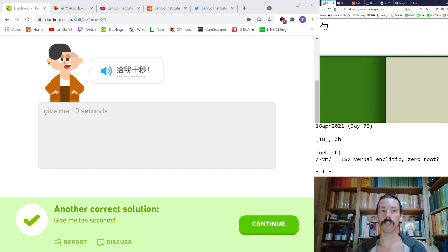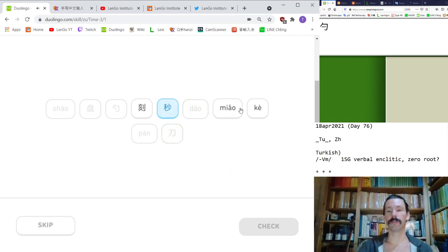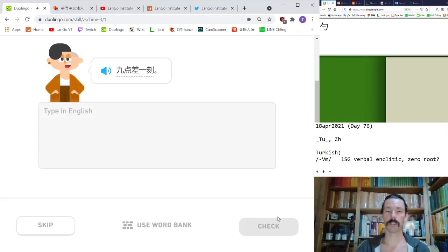Shao. So here it writes it as a straight line with an M stroke. It's just a variant shape, meaningless variation. Remember, it's proper to write it with that downward dot stroke. Shao is that spoon. 勺 Pan, 盘 tray. Dao, 刀 miao. 秒 Ke, 克 9点差一刻。